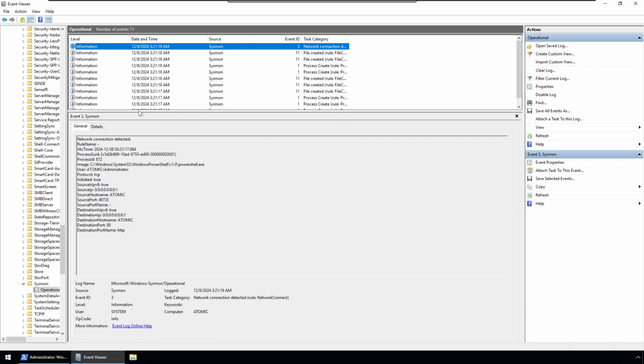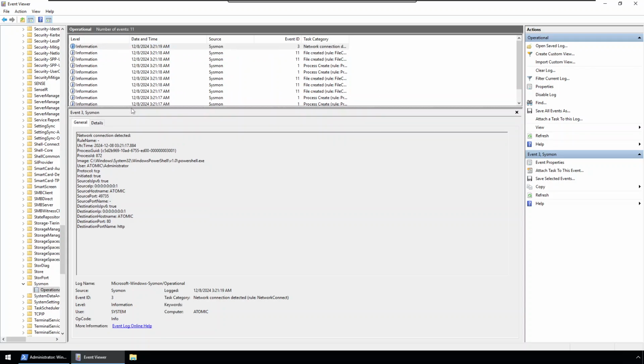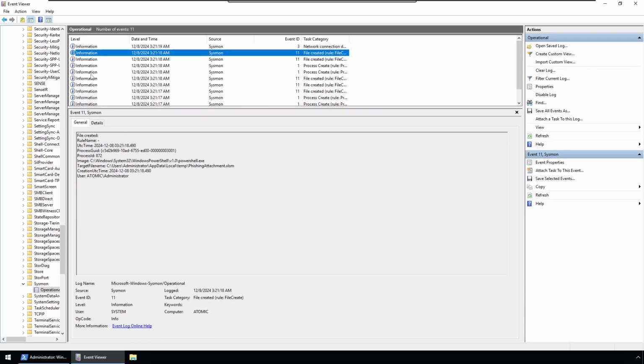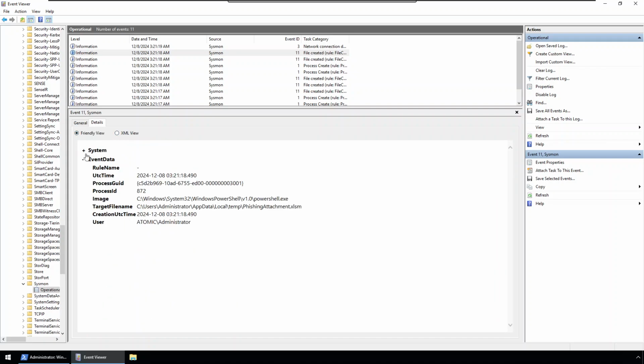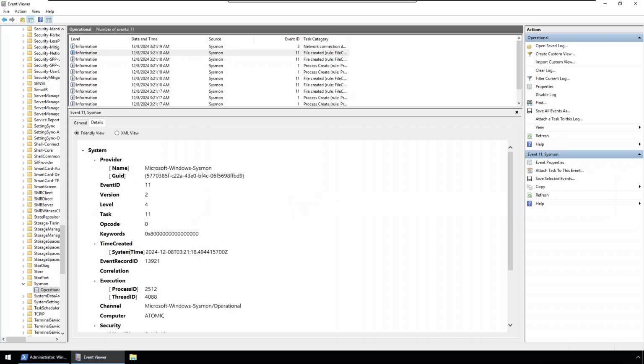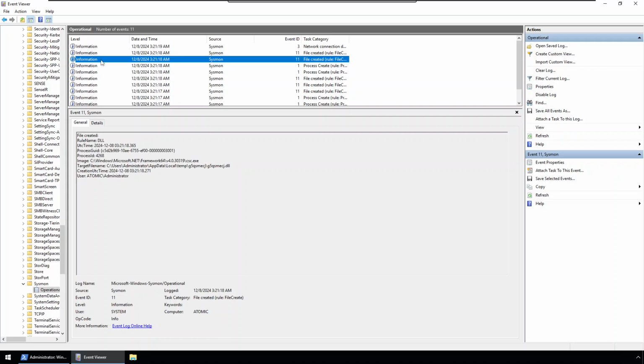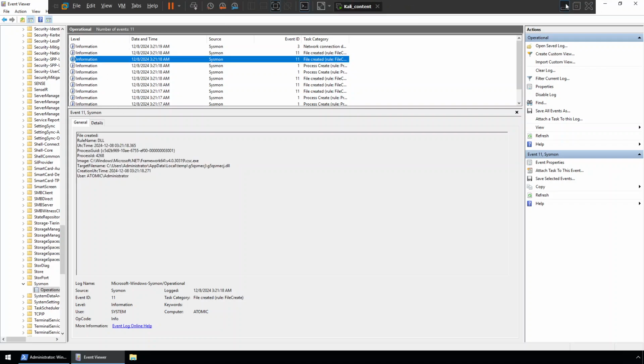So this is how Sysmon collects events, and you can see the file created event. This file is created at this particular location. More detailed information is here. Okay,